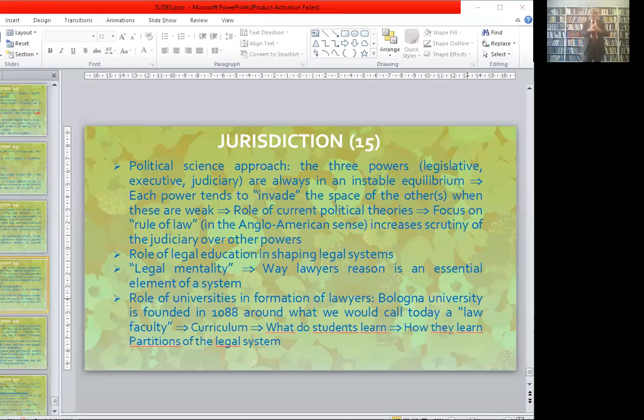So this is why we are so interested in, when we're comparing legal systems, we're not only interested in comparing constitutions, the courts, how government is organized and so on. We're also interested in comparing how legal education goes on, because this shapes the mind of lawyers, and it shapes them not only for, in the US, generally you say, there's a